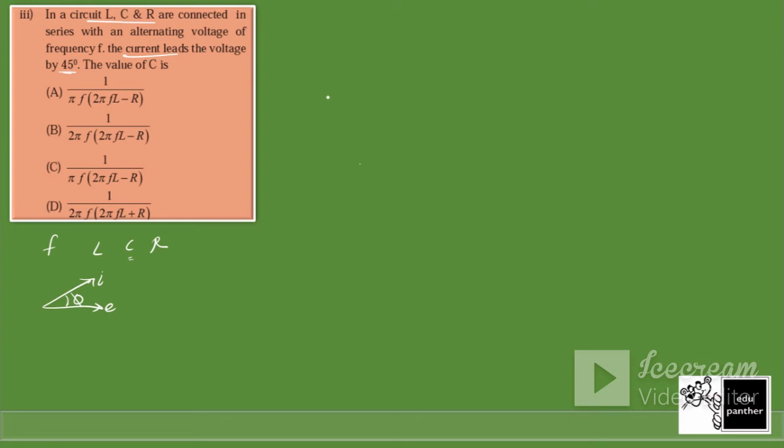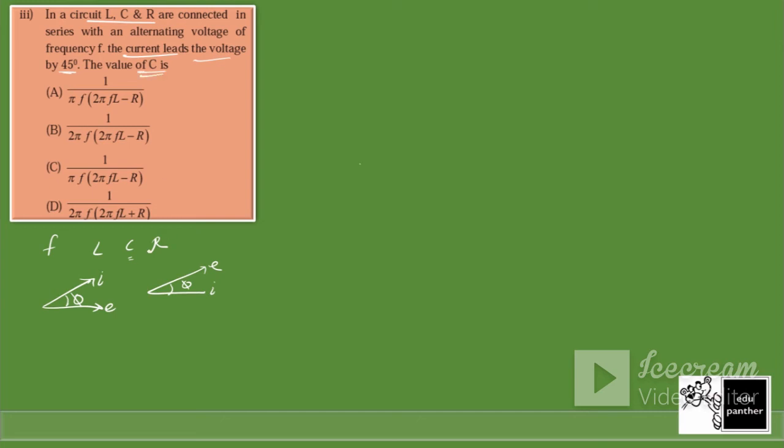Now, see, phase angle phi. As I said, it is a capacitive circuit because the current leads the voltage. If EMF is leading, the graph is like this. So that is an inductive circuit. It will behave like an inductor. Means the effect of the inductor is more than the effect of the capacitor. Okay.